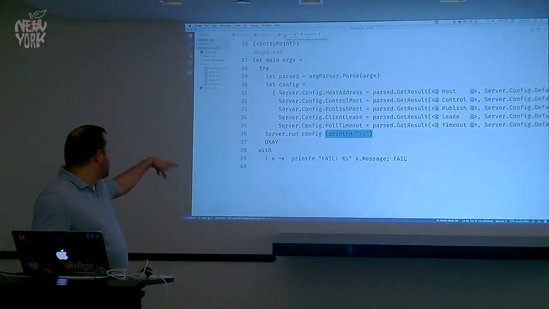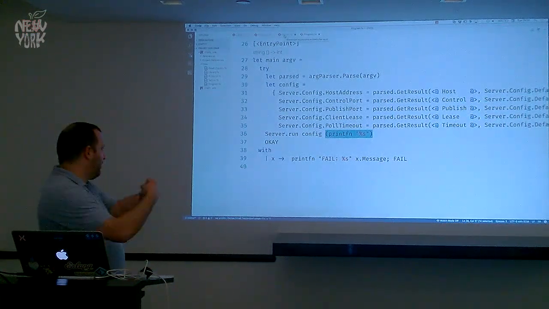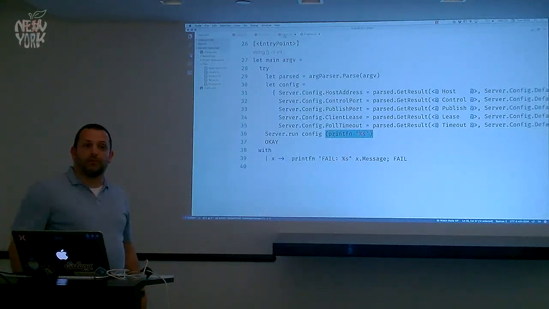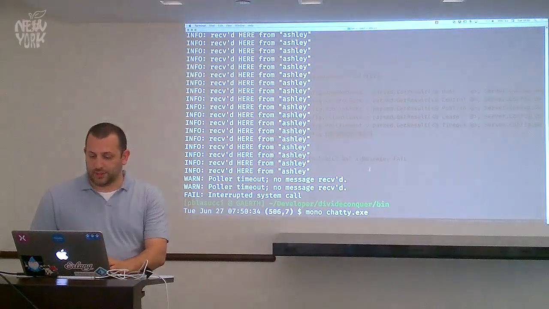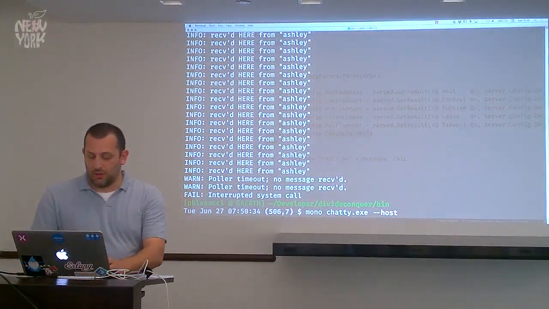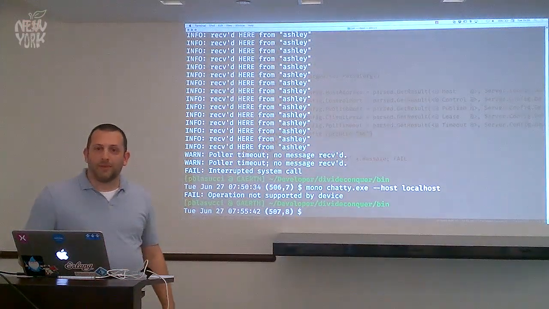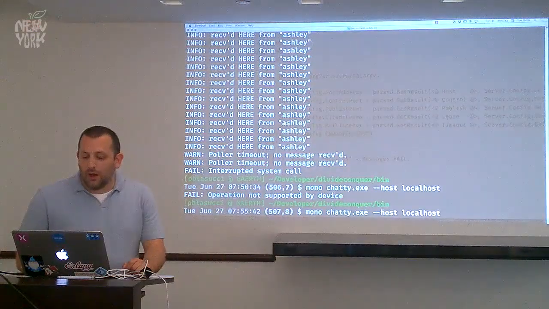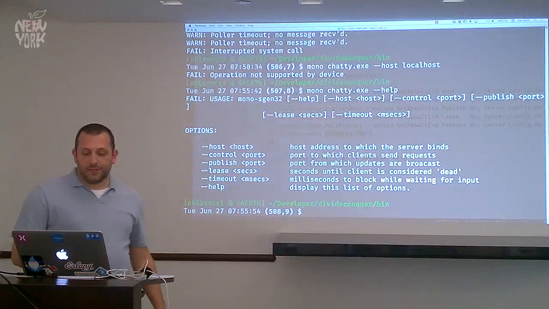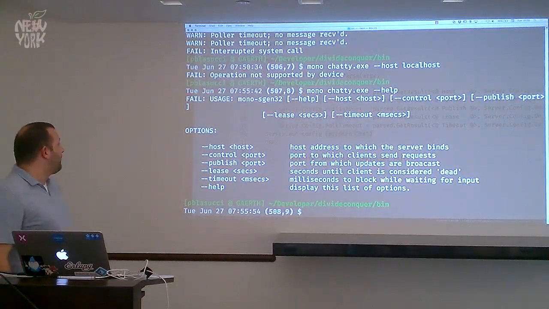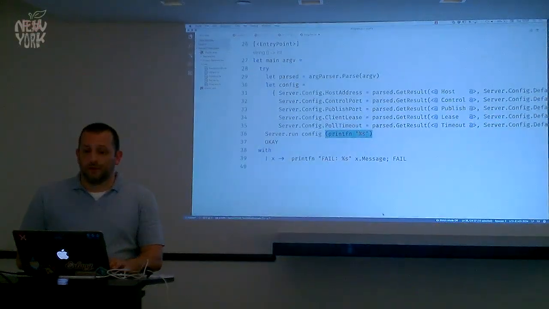Any questions about this before we look at the actual server? So basically, our first file is program. It just sets up the shell. It just sets up the console application, hooking it to standard in and out, and basically getting configuration input from the user. So I could, for instance, go to the command line and do this. And then, well, I don't have localhost set up on this machine, but that's beside the point. You could do this even. And this is all stuff that's powered by Argu, right? It's just options. So that's all that is. Questions about that before we move on?